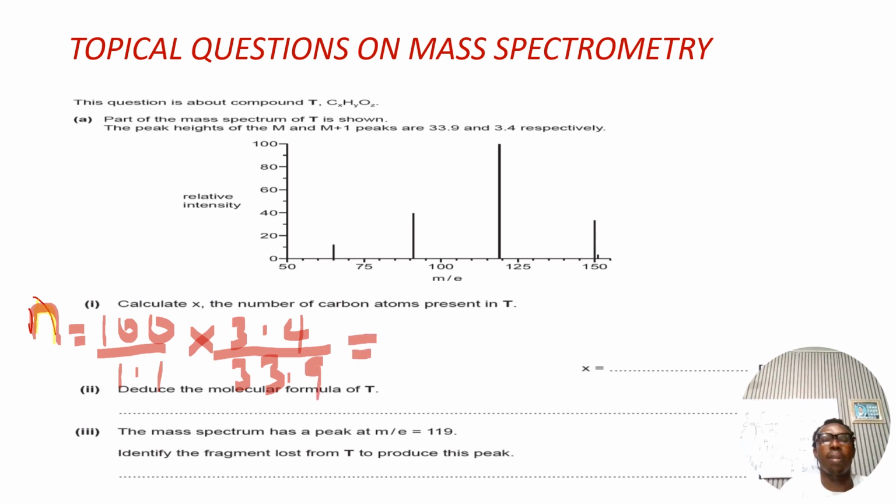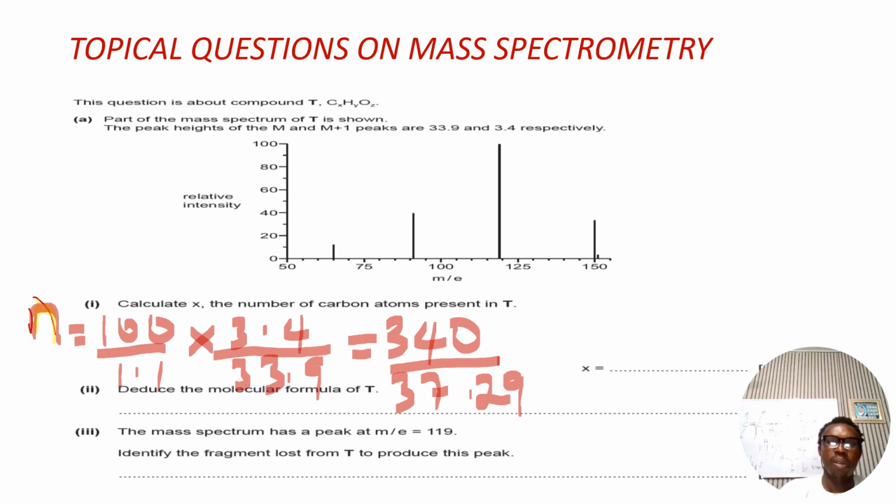So if I use my calculator, 100 times 3.4 will be 340, divided by 1.1 times 33.9, which will now be equal to 37.29. So 340 divided by 37.29 will be equal to